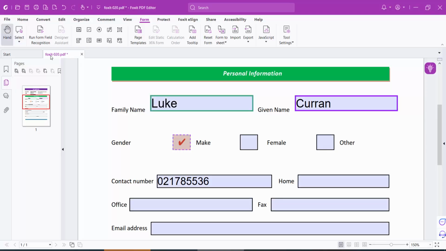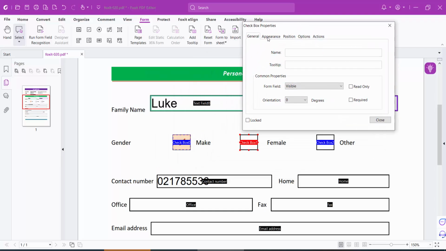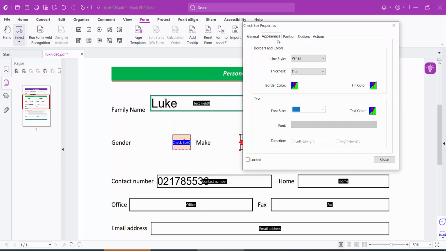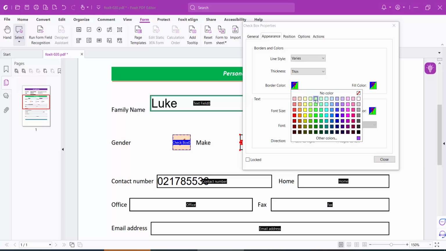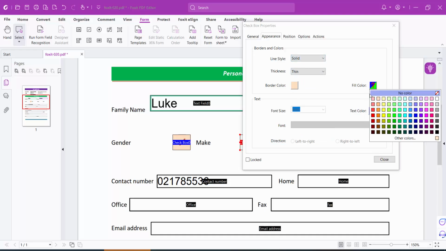Now select the hand option, and see this is the default checkboxes now created. If I select the select annotation option, you can customize all of them. Click the right button and select properties, and in this appearance dialog box, here it says border color, line style solid, fill color,